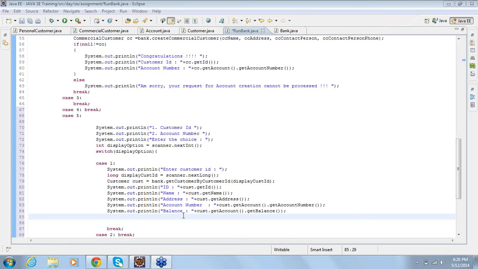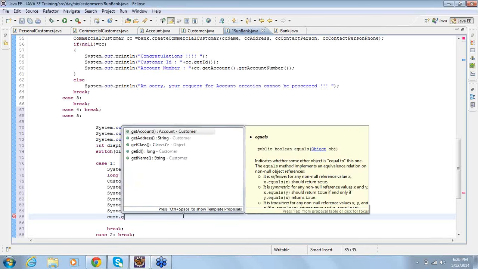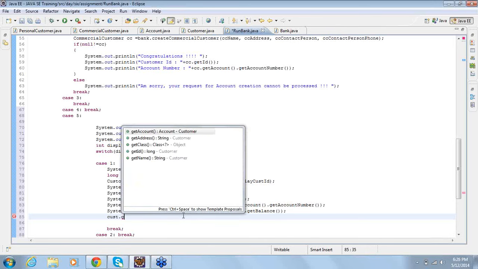Because when I try cust dot, I don't see any method called get home phone or get work phone, or get contact person and get contact person phone. But how do I get into it?